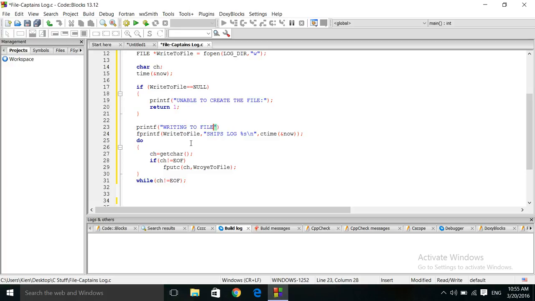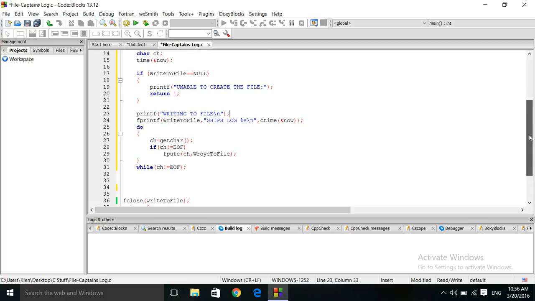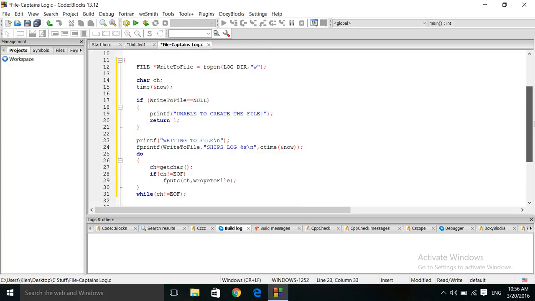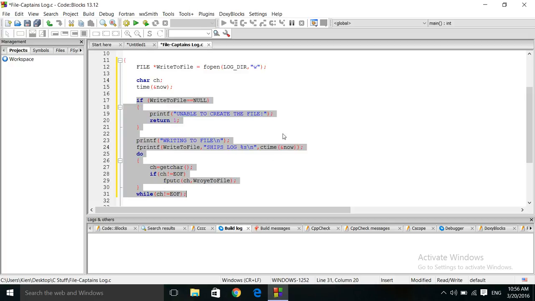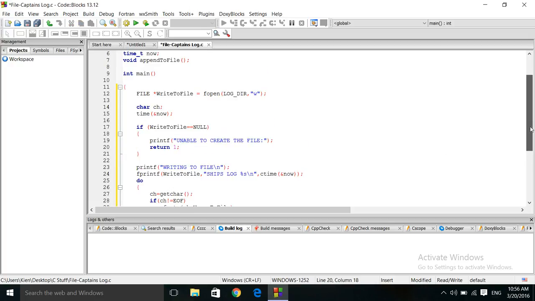Alright, writing to file, carriage return, line feed, new line. Okay, now we have gotten the right code section in. Now we want to just check to make sure that